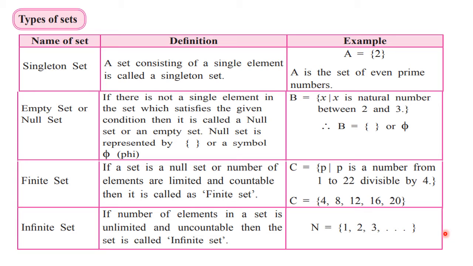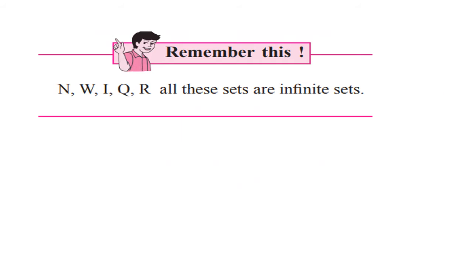Now let's go further here. So this is an important point to remember. We have seen different types of numbers, or we have seen expansion of numbers. So natural numbers, whole numbers, integers, rational numbers means quotients, and real numbers. All these are infinite sets. They are uncountable. Okay, there are no upper boundaries present there. So all these are what? Infinite sets. There are uncountable infinite elements present here.